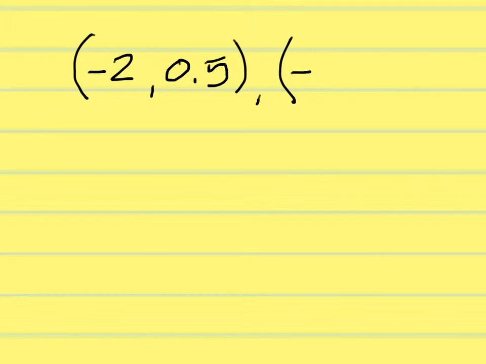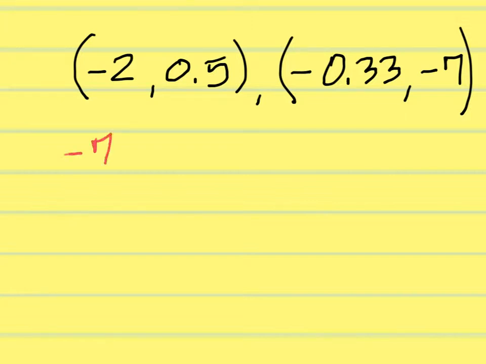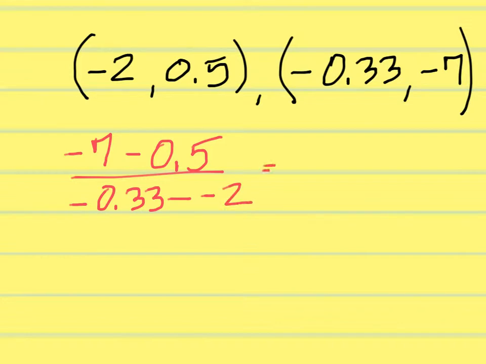The points are negative 2, 0.5, and negative 0.33, negative 7. Find the slope. To find the slope, you're going to have to do negative 7 minus 0.5, and then negative 0.33 minus a negative 2. So in your calculator, a negative 7 minus 0.5,